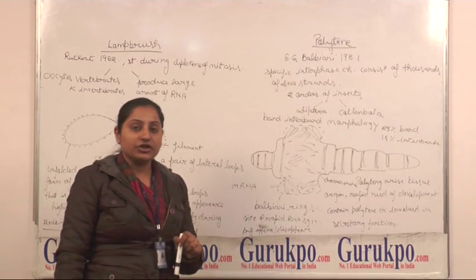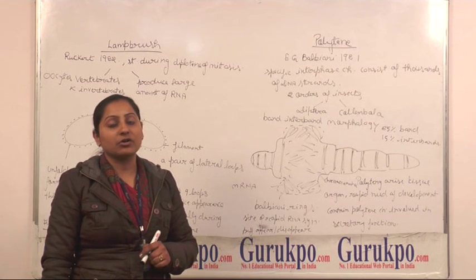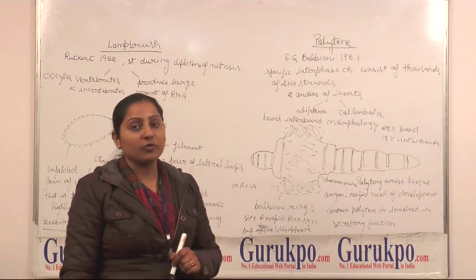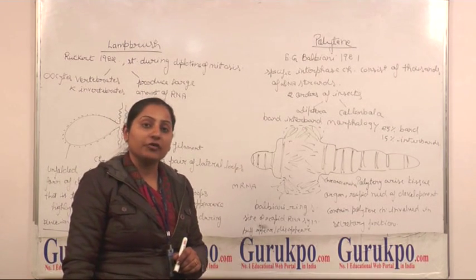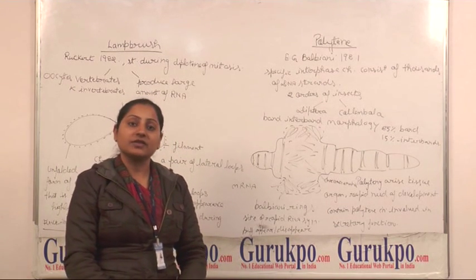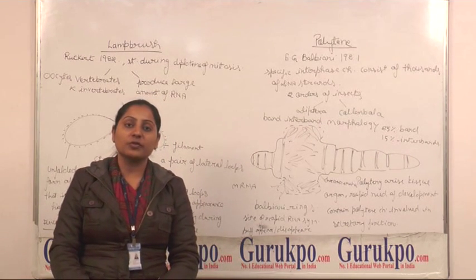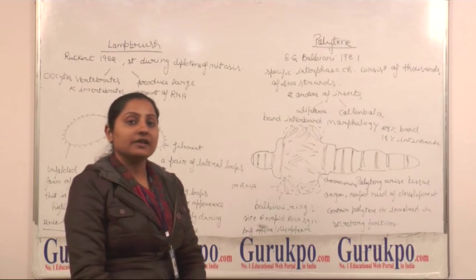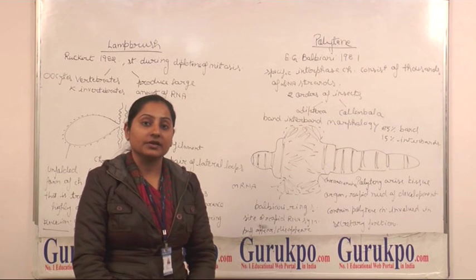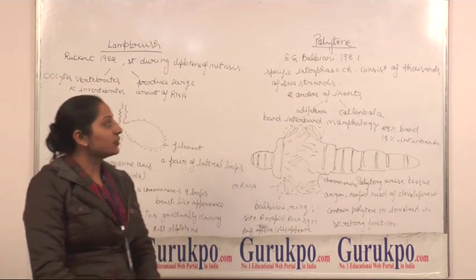Polytene chromosomes arise in a tissue or in an organ when there is a rapid need for development of that particular organ, and organisms having polytene chromosomes are involved in secretory function. So polytene chromosomes have mainly two significances. First is that they are related to secretion, as I have told, they are involved in secretory function, as well as they are sites of rapid mRNA synthesis which are needed for the development of the organ. So these were the two chromosomes.